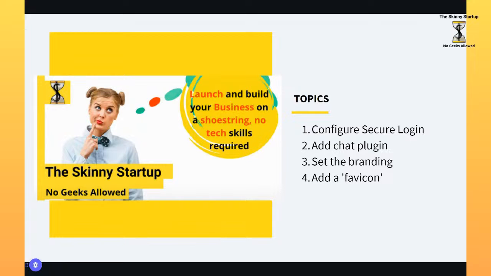Then I'm going to talk about the chat plugin, which is where anyone can talk to you via the Facebook chat as a plugin on your WordPress site. And then I'm also going to talk about setting up your branding, your coloring, adding your logo, and what we call your favicon, which is going to be your